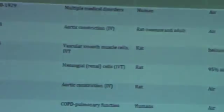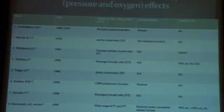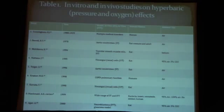You can look at them going back, and I put Orville Cunningham in there because he talked about this. What did he make his debut with? Spanish flu. In fact, they were going to do animal experiments until they brought him the medical student that was dying of lung involvement from Spanish flu and pressured him to put him in the chamber, and he saved him. All of his work was done with pressurized air. All the work on syphilis